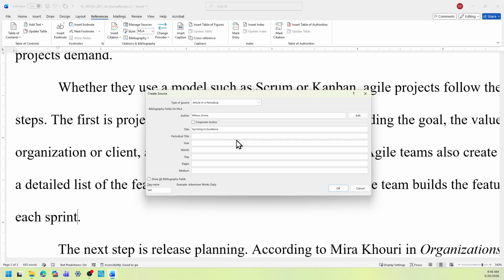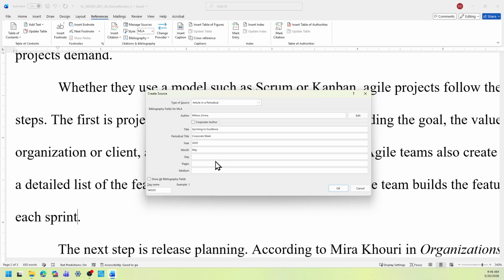Make sure you typed it with the correct spelling. The periodical title is Corporate Week. Year is 2020. Month is May.